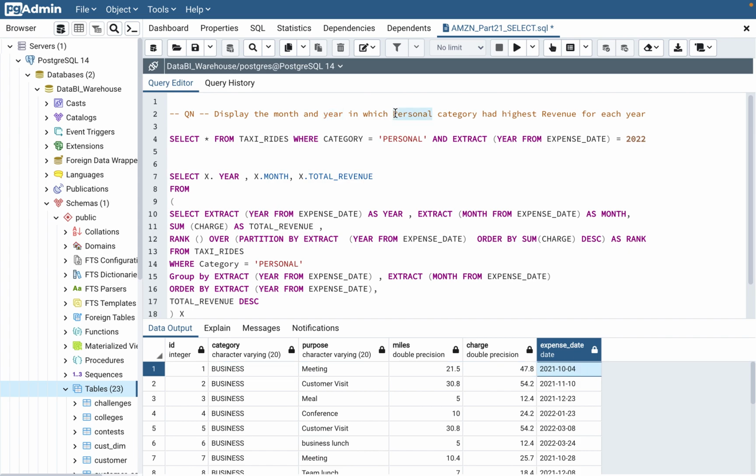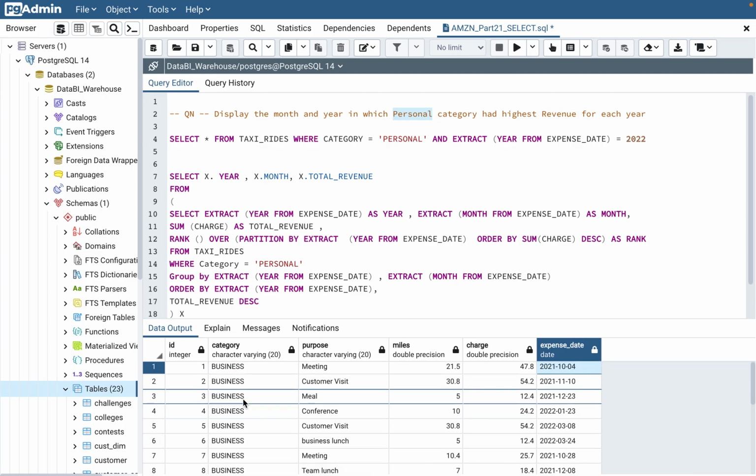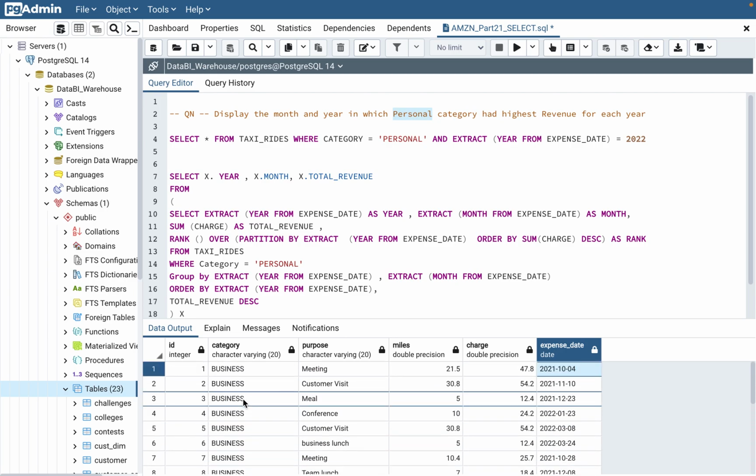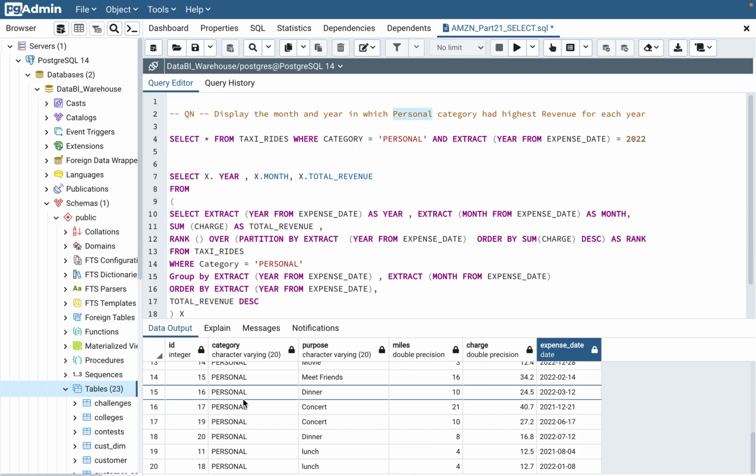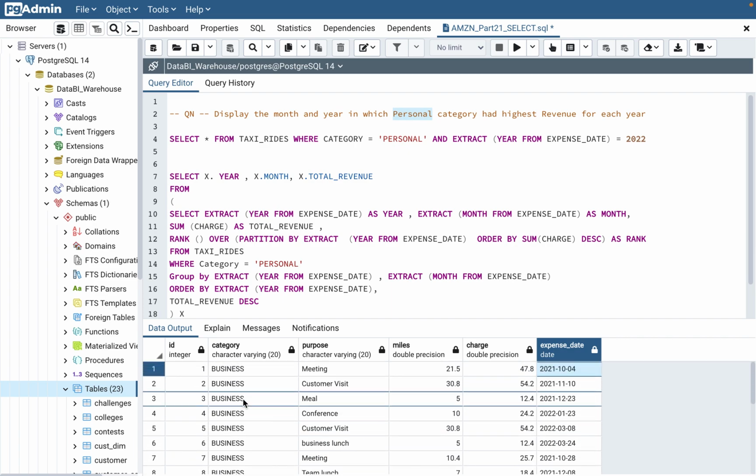In which personal category? So they are saying that personal category. That means, if we have to filter out the business and only put personal, that means in the filter, personal will go. That's a filter condition. So select condition, filter condition, and then do you need to use any function, window function,